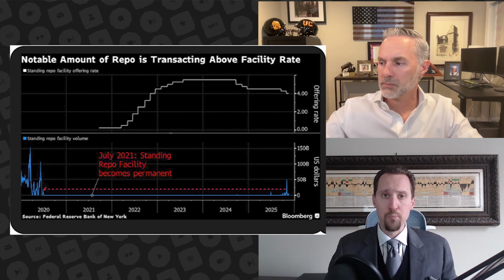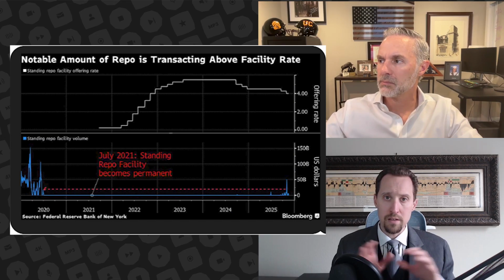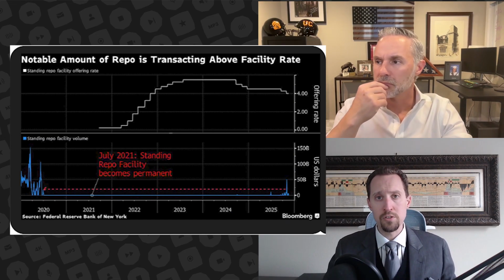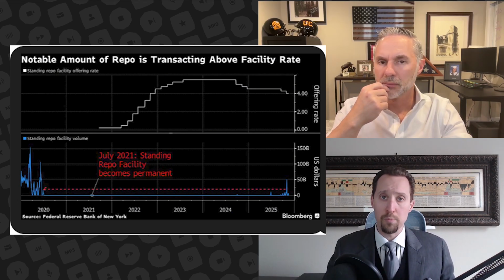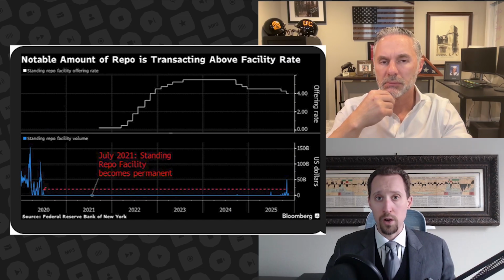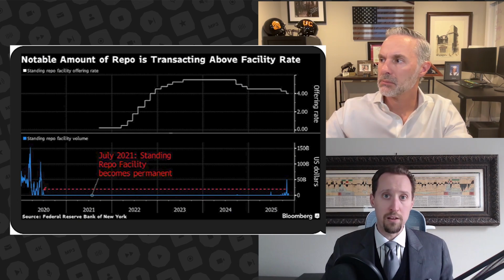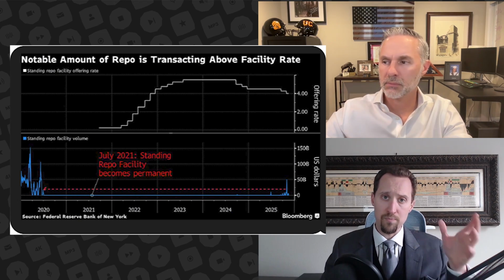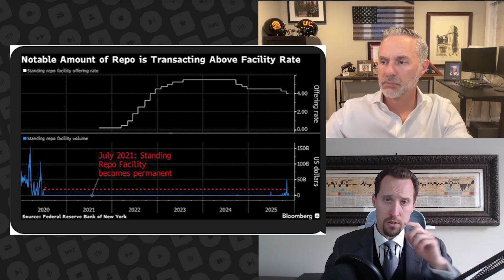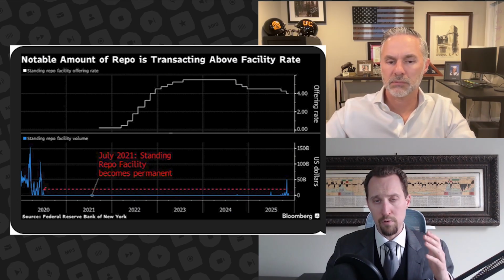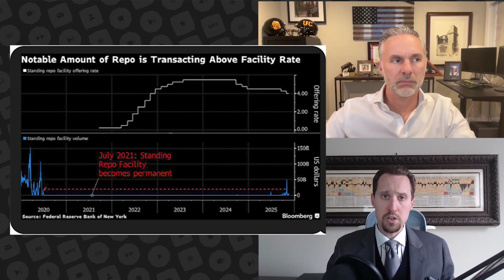So all of this points to stress within financial markets, and it points to a lack of liquidity. When you have not just ample but abundant reserves, as the Fed calls them, you essentially have people constantly looking for places to park their money overnight. That's gone now. And we're kind of at a point where supply and demand are perfectly imbalanced. So you'll have one night where you see this, if you want to think of it as backwardation, and then it reverses the next night. So it's going back and forth.